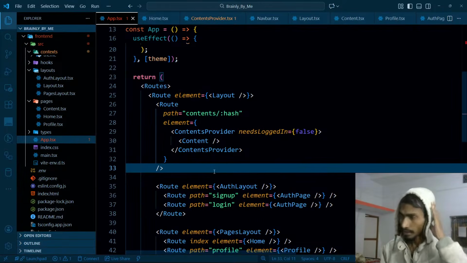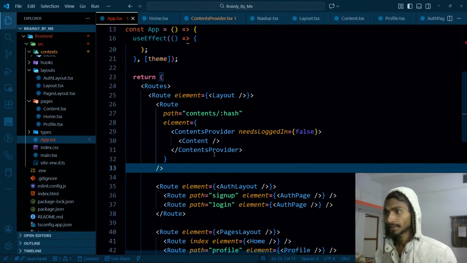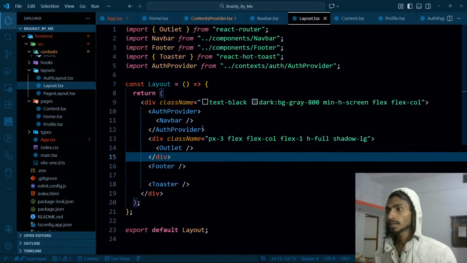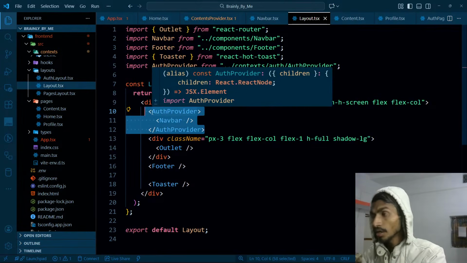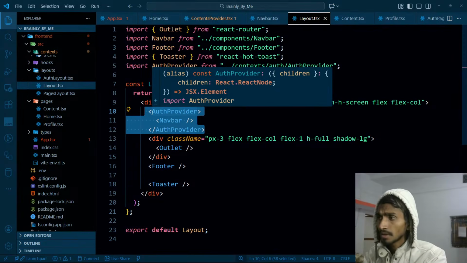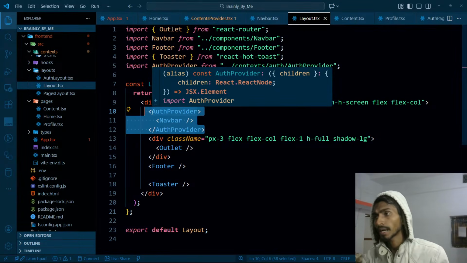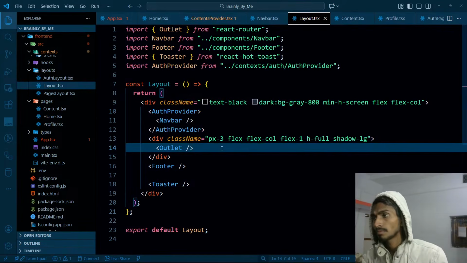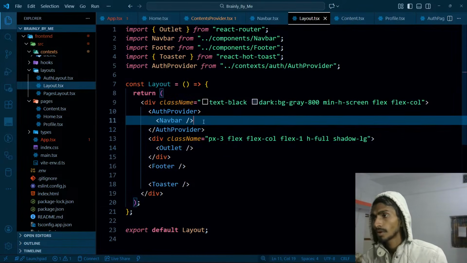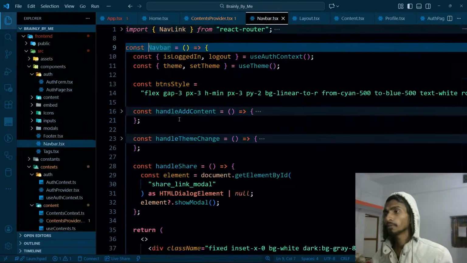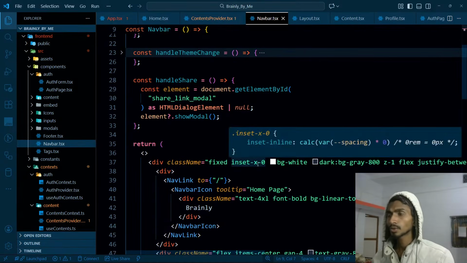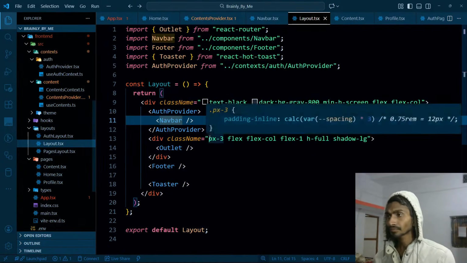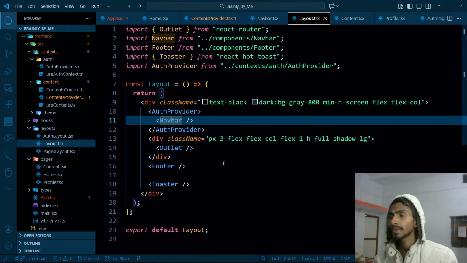Easy, just a sec. Navbar. So if I go to this, I have navbar over here, and I'm wrapping it with this. That's fine. But the problem is this, that two auth providers are here, and that is kind of not okay. So when it comes to this navbar, it doesn't really matter where I have it, because it is going to be fixed though, right? That simply means that